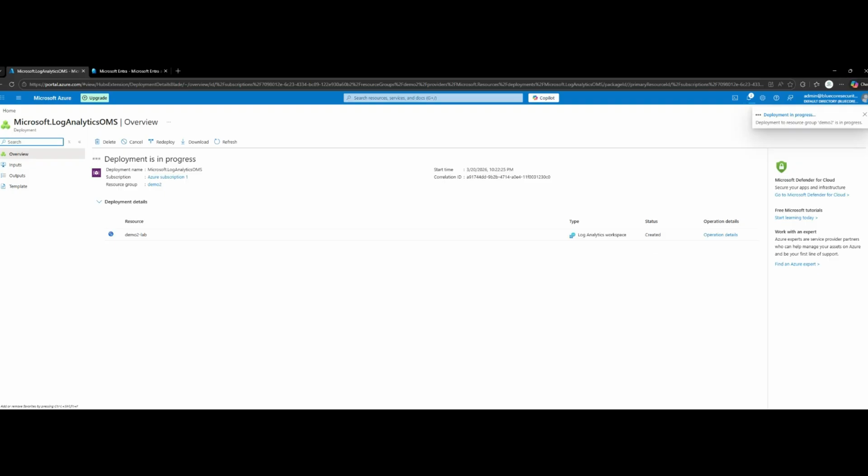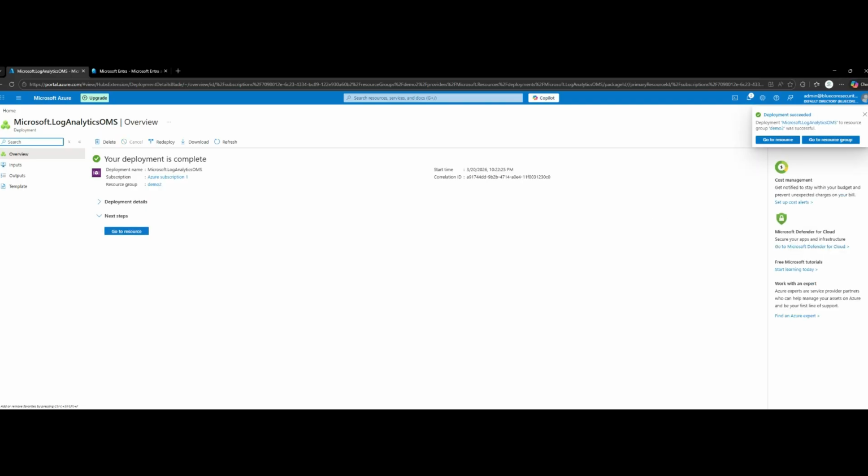Once our workspace is created, we're going to enable Microsoft Sentinel on top of that workspace. Sentinel acts as a SIEM, which allows us to monitor, detect, and respond to threats. So from here, let's add Sentinel on top of this workspace. Let's give it a few minutes to deploy. So we're going to go to resource,